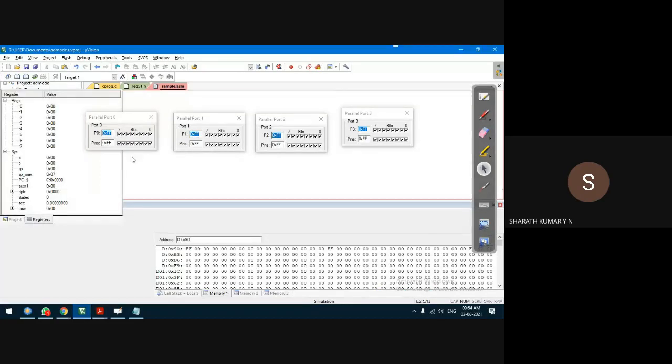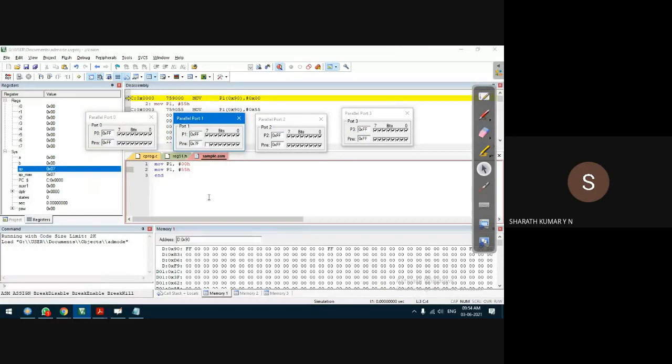Let's say I'll take port one only, no problem. I'll change the port pin. Did you observe that I'm changing the port pin, but its internal location is not changing? Why? Because the data on the pin is changed, but I'm made to read the data on the pins into the internal memory. Whereas if you modify the data in the internal memory, that will be reflected on the pin.